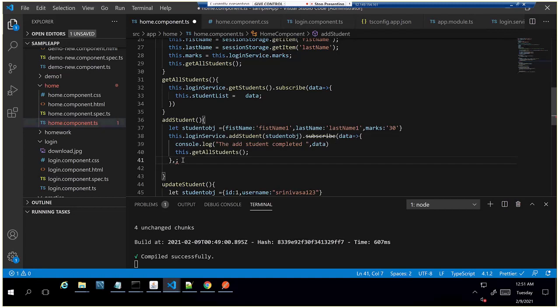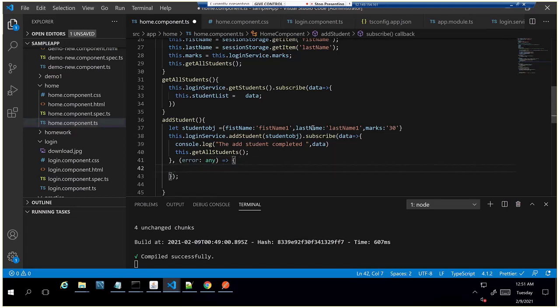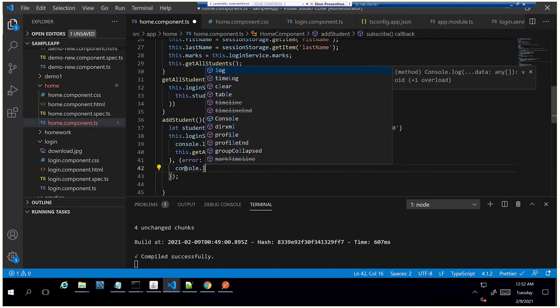So in case of the successful case, another parenthesis. You deleted a parenthesis earlier. Yeah. So once the REST API is successful, it will execute these lines. And once the call to the REST API fails, we'll do some operations like showing an error here, like unable to load the user details or something. So we can display a console message for now. Error.